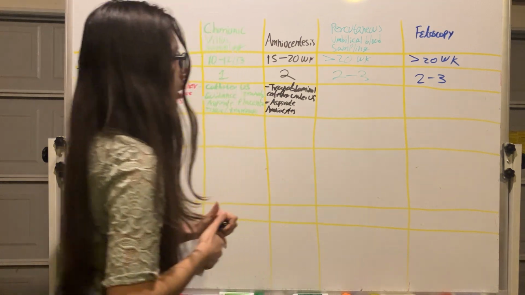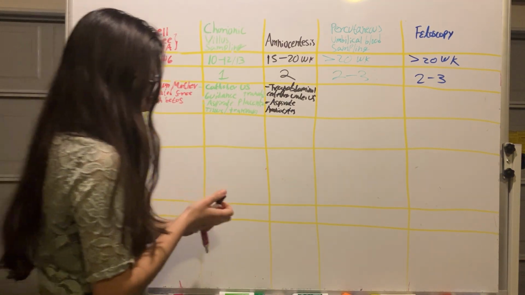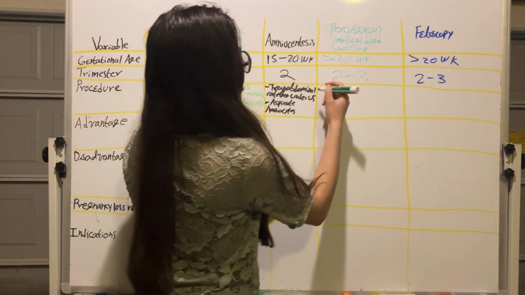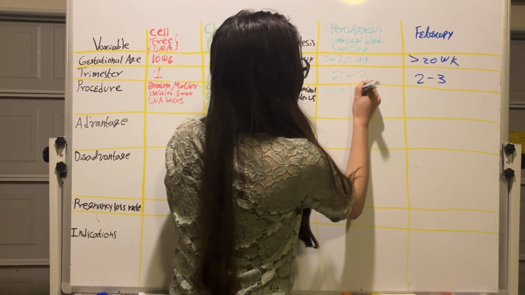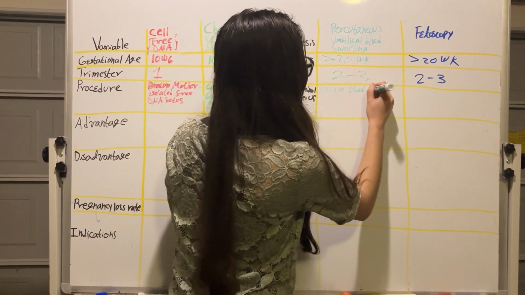Then percutaneous umbilical blood sampling, this is we draw blood from the umbilical vein,